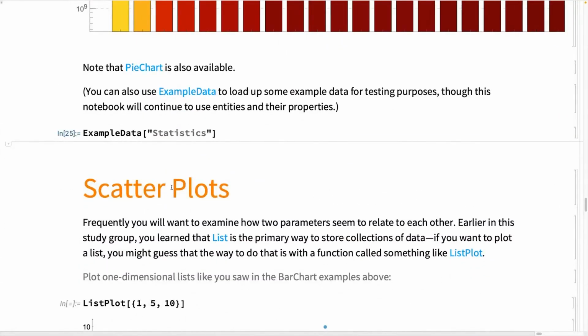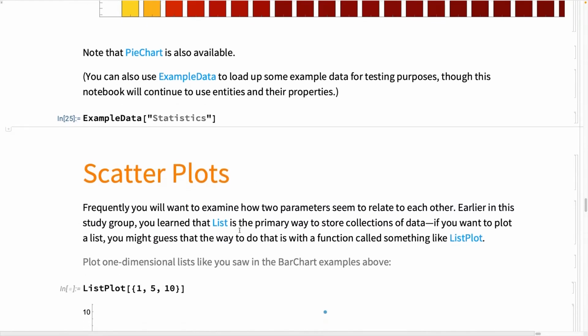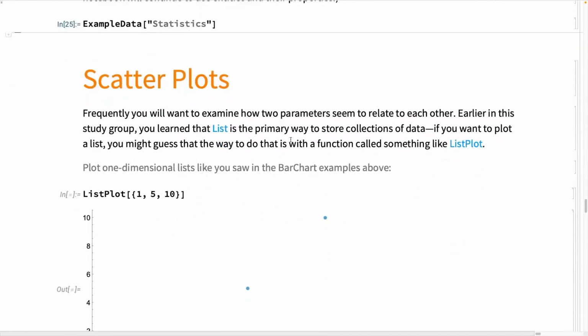But I'm going to keep using entities and entity properties because I think those are kind of more relatable in a sense. Okay, scatter plots. Oftentimes you don't have just one thing you want to visualize, like a bar chart, right? You want to visualize a relationship between two parameters. So we learned the other day that list is kind of how we represent, say, pairs of parameters. And so if you want to plot